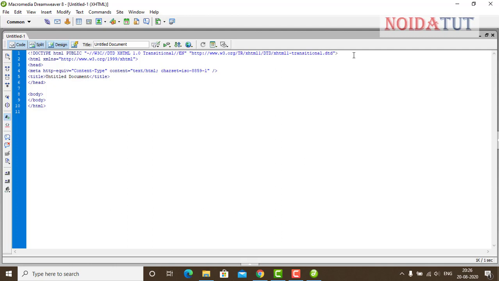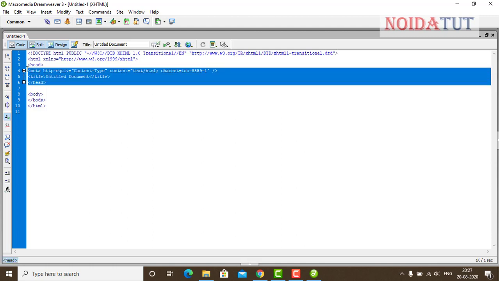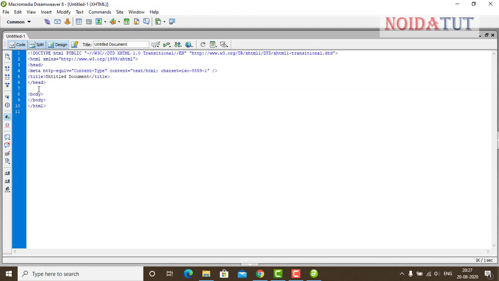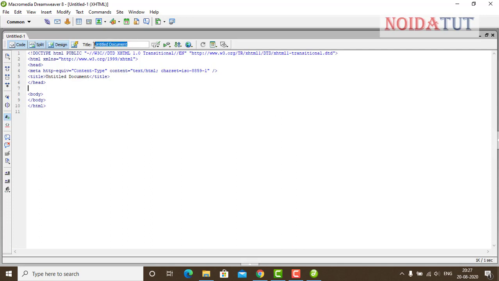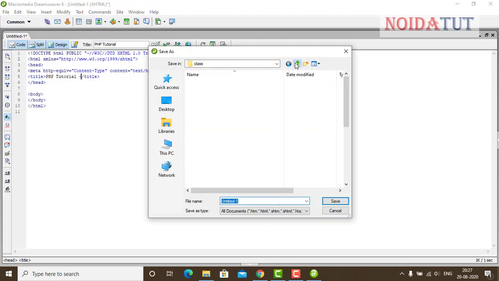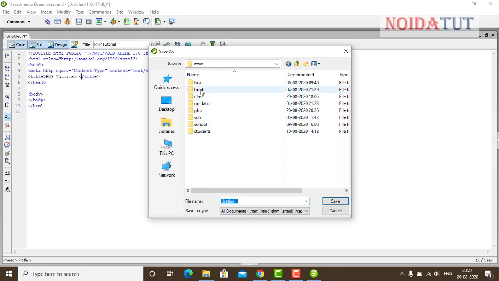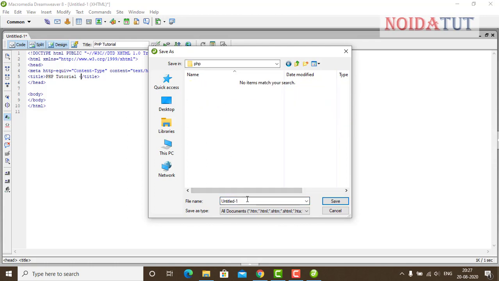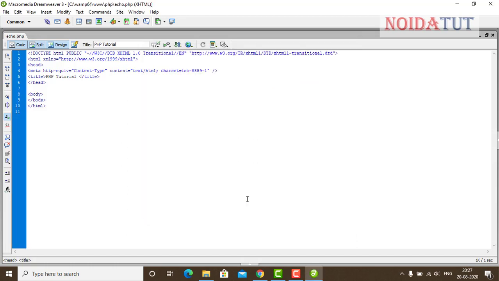Now first let us change the heading. I have changed the heading to PHP tutorial, and then we are going to work with this.